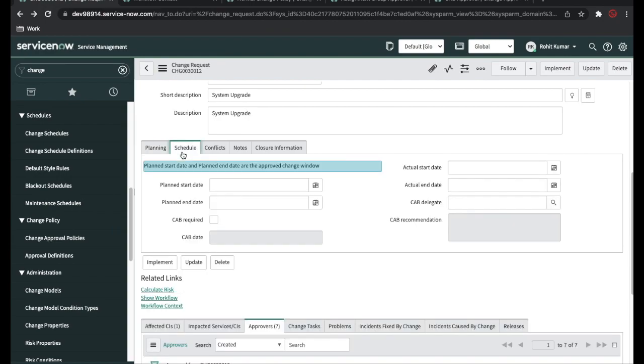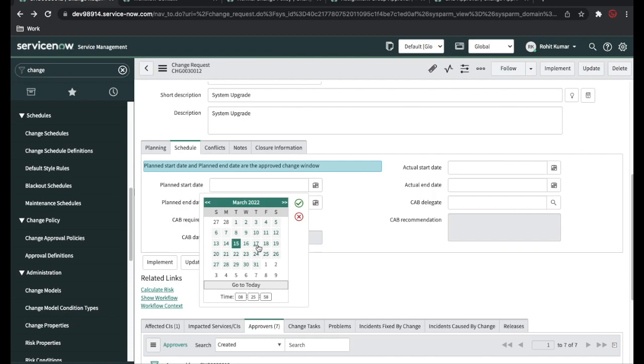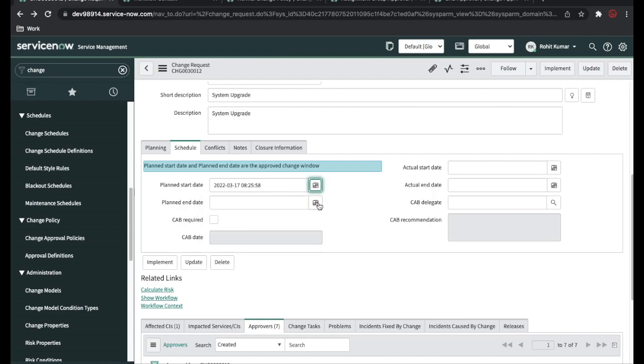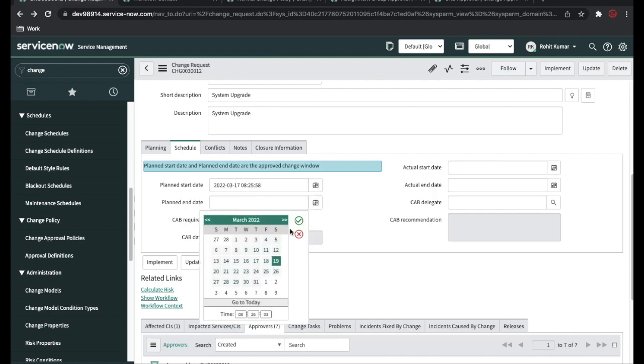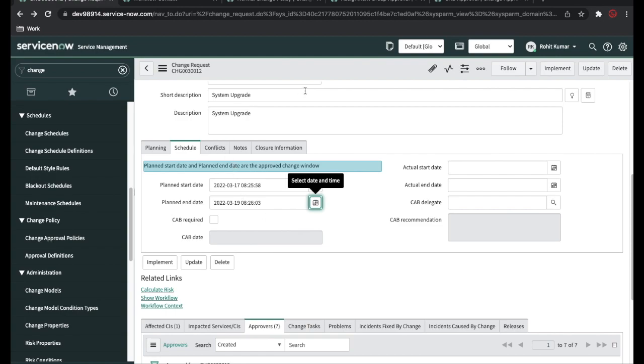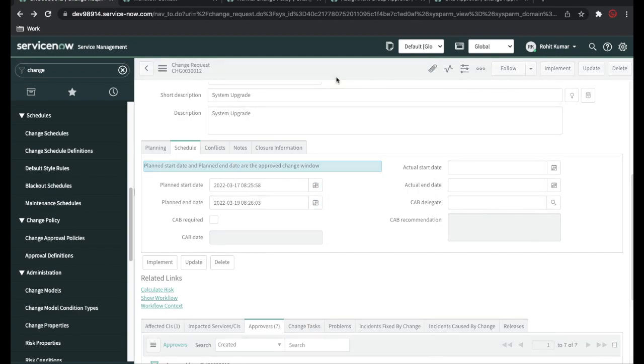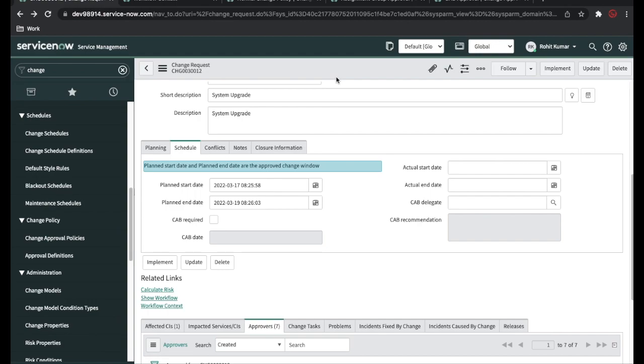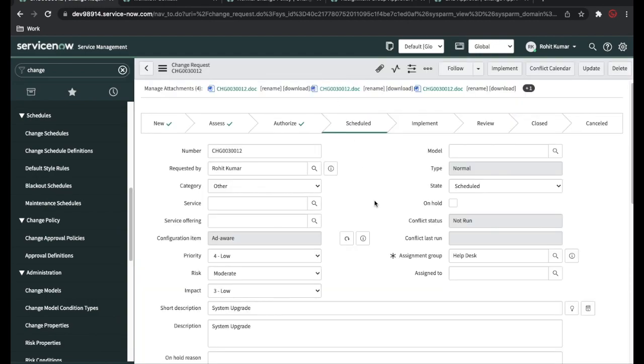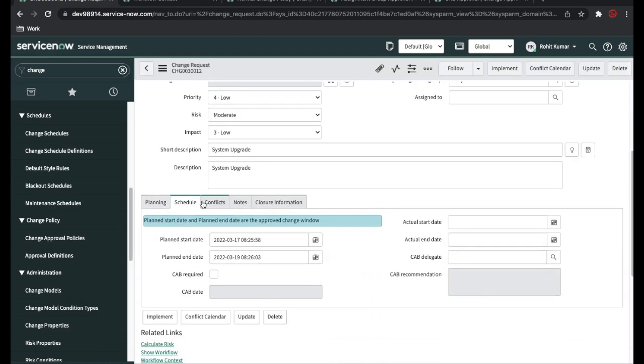If you go to the schedule tab, you have options called scheduling, where you can plan when you want to do the change. So let's select the plan for maybe today or maybe 2 to 3 days later, and then save that. So here we are scheduling that change, and then once we schedule that, you have a conflict